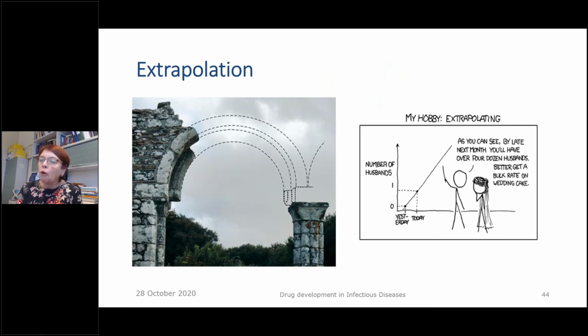So, in order to speed up pediatric development, the concept of extrapolation is more and more used in pediatric drug development. For extrapolating, if you look at the graph on the left, you can see that the more points you have, or in other words, the more knowledge we have on physiology, pharmacokinetics, and pharmacodynamics of antibiotics, the better we are at extrapolating. So there is an arc. If you only know 2 points, then obviously you can draw a straight line. But if you have more points, you would see that this is an arc.